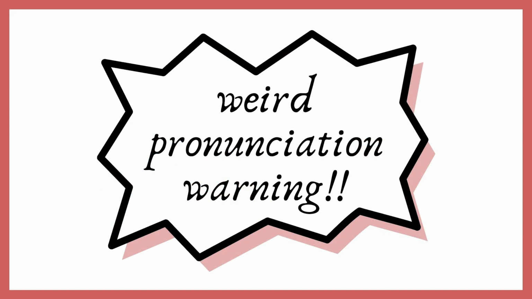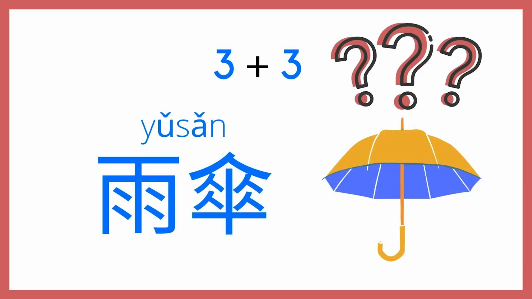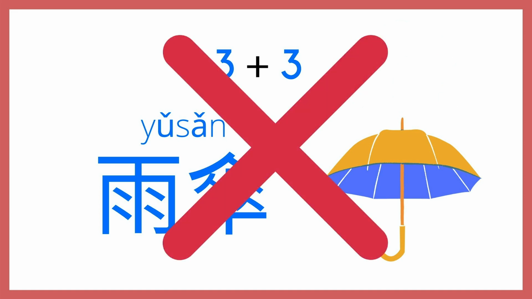And now we have the promised weird pronunciation warning. Take a look at this word. 雨 means rain, and 伞 means umbrella. So the two words together mean umbrella. Specifically, the type that you use to protect yourself from the rain. The word for an umbrella that blocks out the sun is different. Anywho, if you put 雨 together with 伞, then do you say 雨伞? The answer is no. And of course you already knew that because you're very smart and you know how foreshadowing works, obviously. Anyways, as you could probably hear, saying 雨伞 sounds robotic and unnatural.